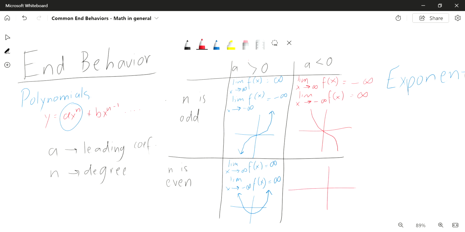Well, if it's even, just imagine that this function over here is flipped upside down. So it starts from negative infinity, reaches its highest point or the maximum, and then decreases to negative infinity again. So you would have both of your limits as negative infinity. And I should have left myself more space when writing this, but it doesn't matter because the basic limits are